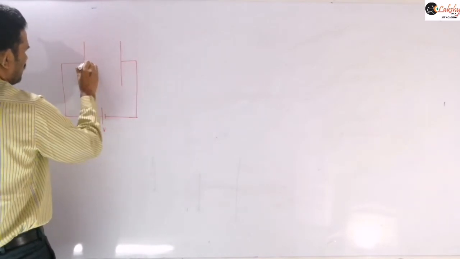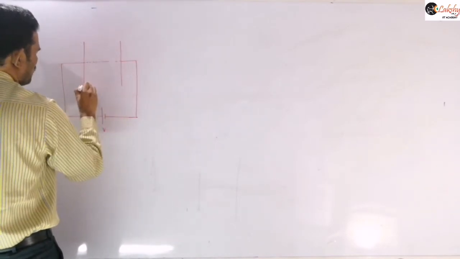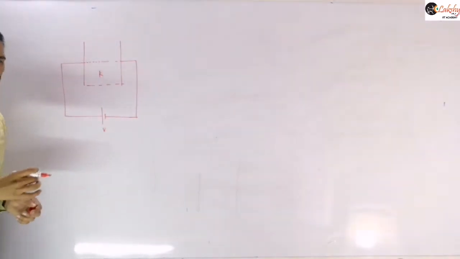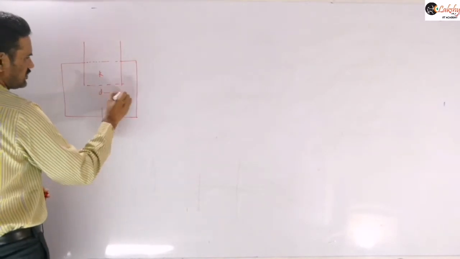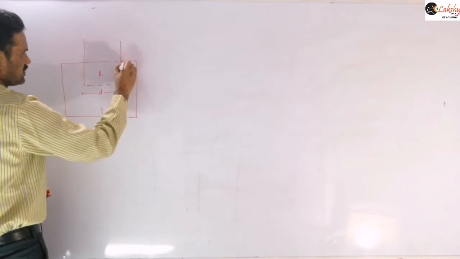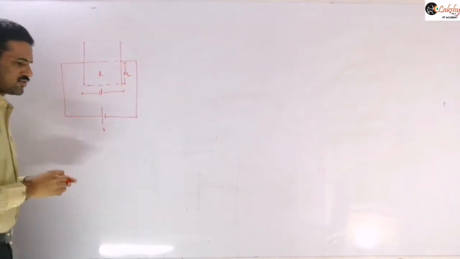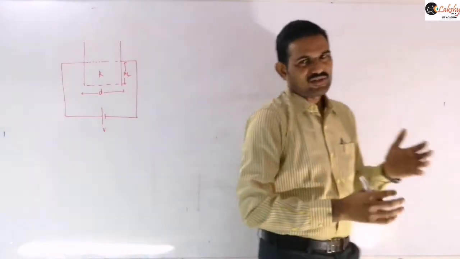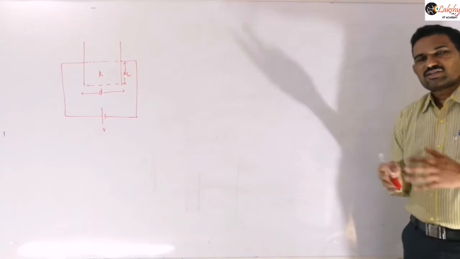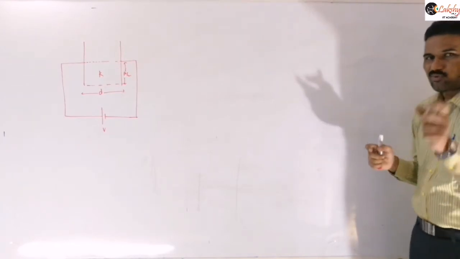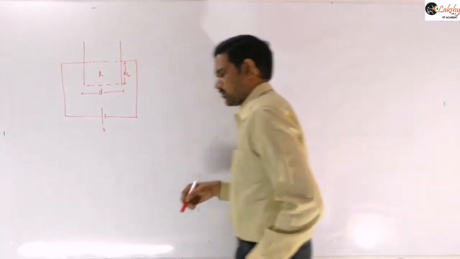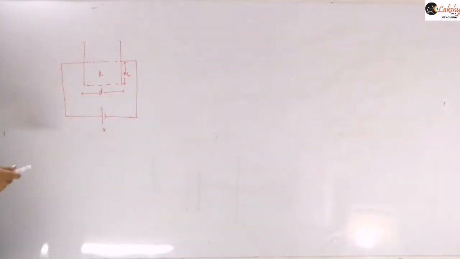Now half of this will be filled with this dielectric material, right? The separation is D and the area of these plates is A, so A by 2 by D is filled with this dielectric. We need to answer different quantities here, like the charge on the upper plate and the charge on the lower half. That is the important thing you should note here. We know these two are metal plates, and suppose I ask to calculate the effective capacitance.